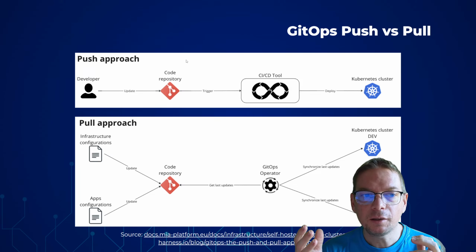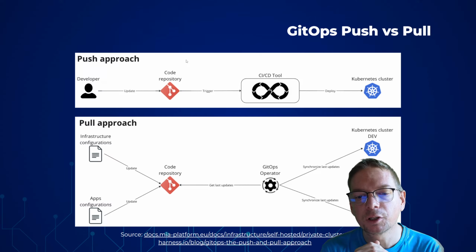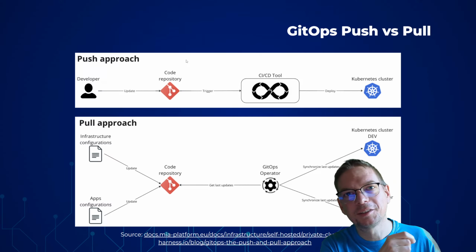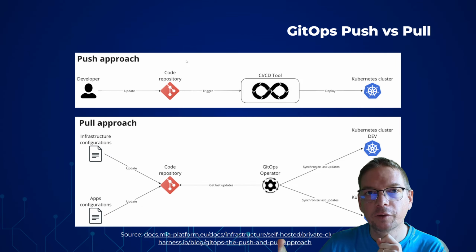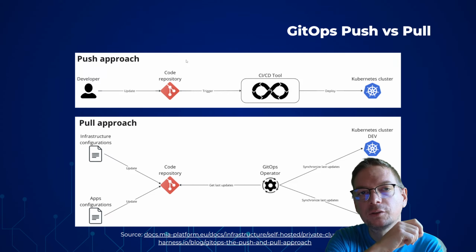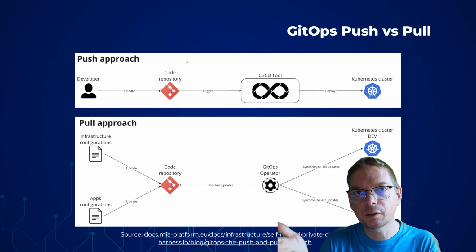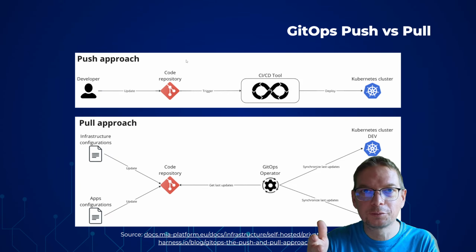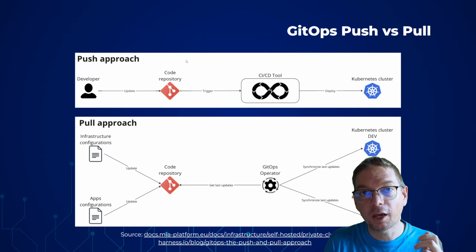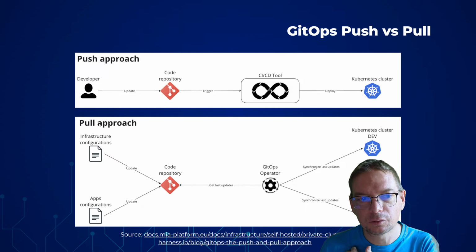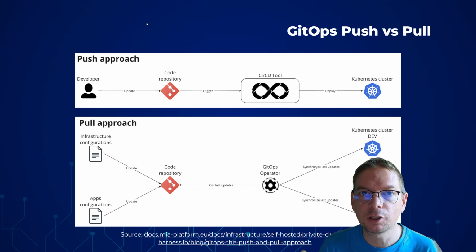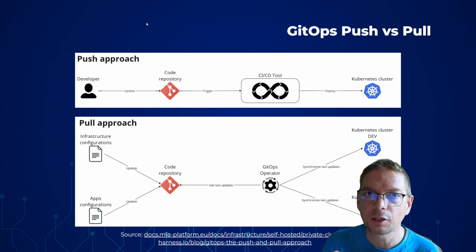So it's kind of okay, but the pull approach is much more interesting because we go the other way around. We have something in an environment, which will be here a Kubernetes cluster, and this will look at the definition. It will compare, okay, where I'm supposed to be compared to where I am, and it will make the change. So the pull approach is much more interesting, but understand that when you speak about GitOps, potentially you speak about the push approach and traditional approach.